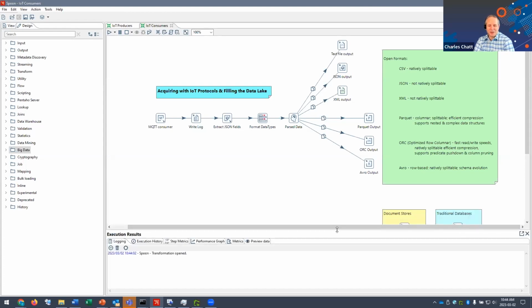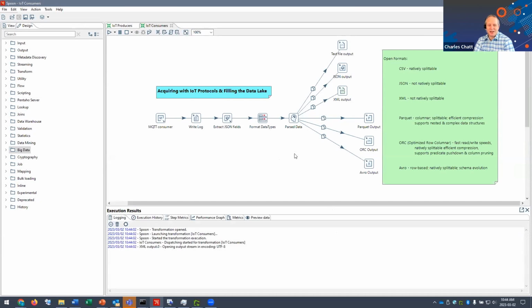Okay. And the formats that I've chosen here are more related to what you would see inside of a data lake, right? We're all familiar with a CSV or a JSON file or XML. These are the tried and true formats that are out there, right? Well, we also augment that with the newer sets of open formats that are being used today. Some of those formats are Parquet, ORC, or Avro.